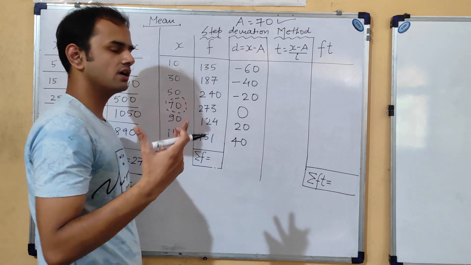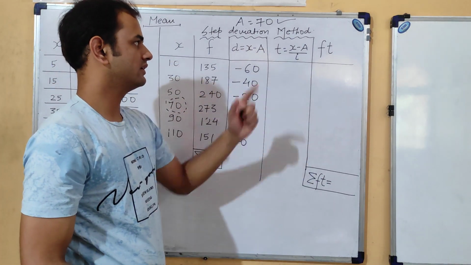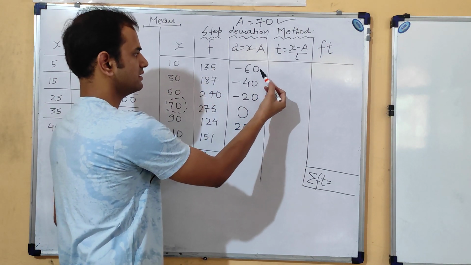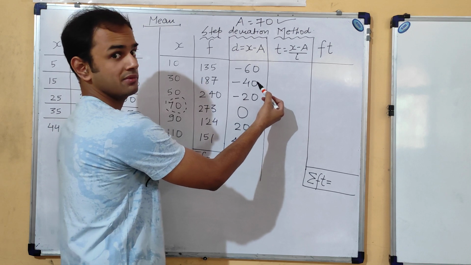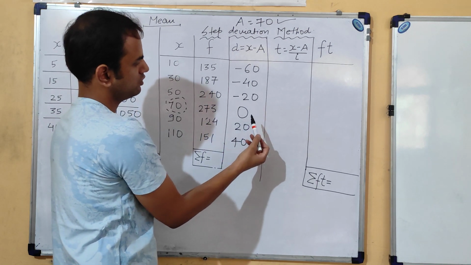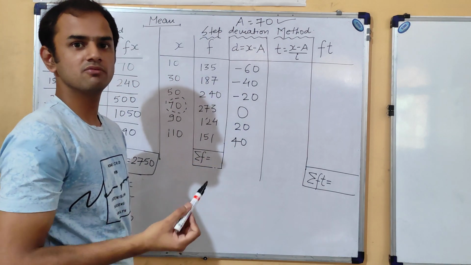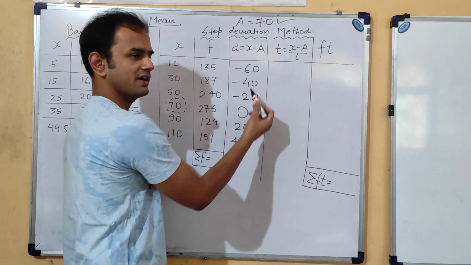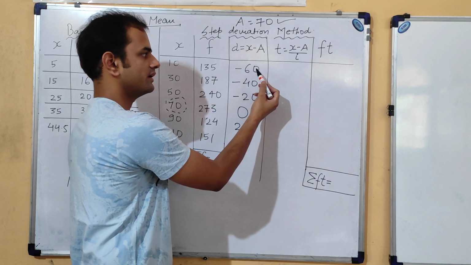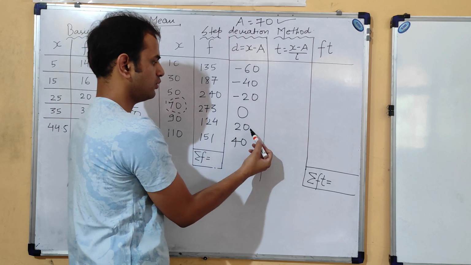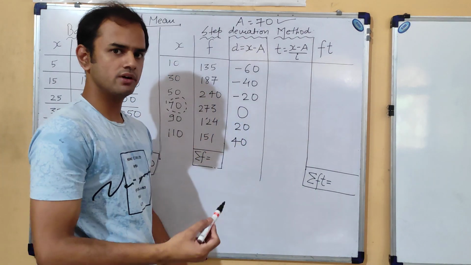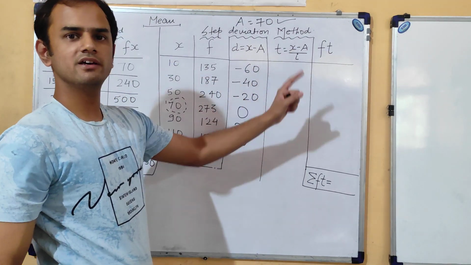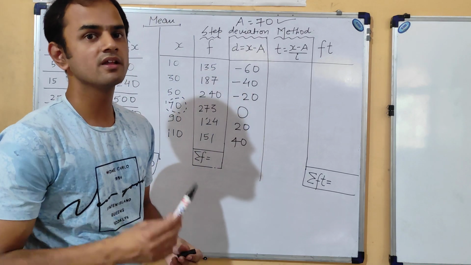So now one thing comes to mind, what to take as the value for this i. If someone takes 10, 10 divides minus 60 and you will get minus 6. If you divide minus 40 by 10, you will get minus 4, minus 2, 0, 2 and 4. But 10 is not the maximum value. We'll move on to 20. See, I think 20 is the maximum value. If minus 60 is divided by 20, you will get minus 3, minus 2, minus 1, 0, 1 and 2. Now you can't take more than 20. If you take 21 or 25 or 30, you cannot divide all the numbers. So what is the value of i? The value of i is 20.